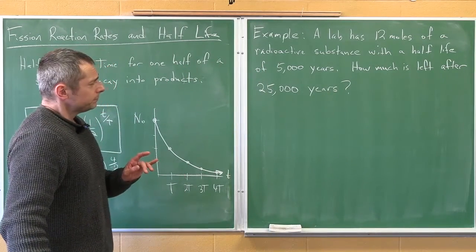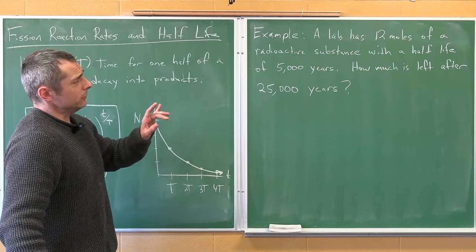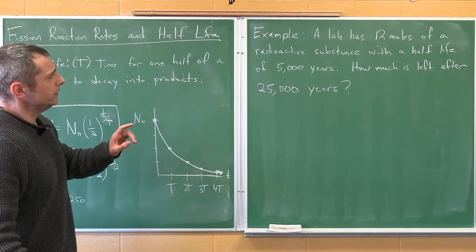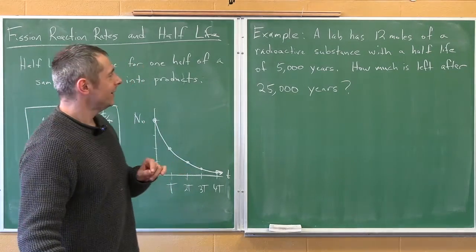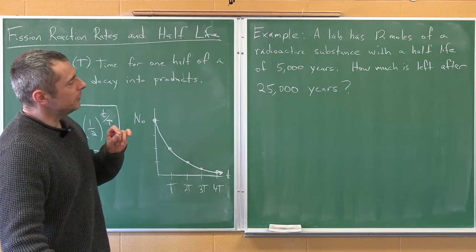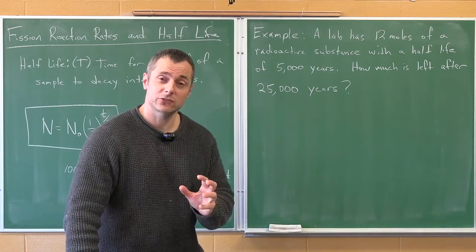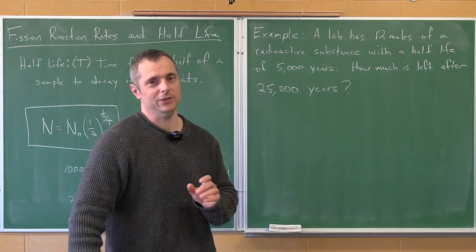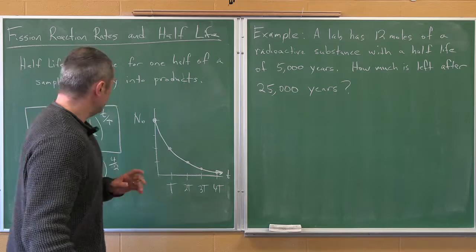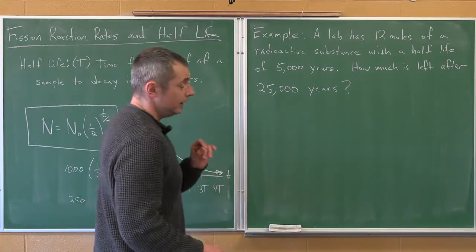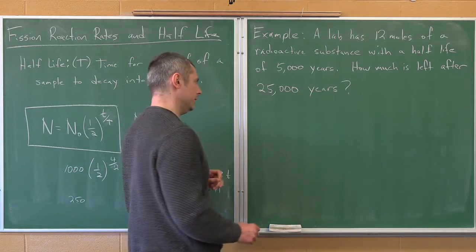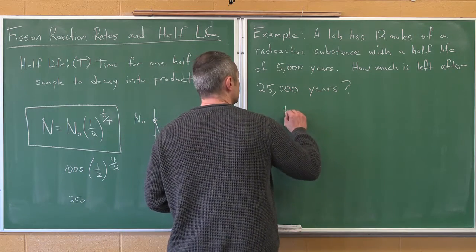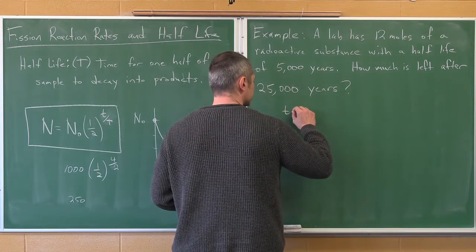Okay, so we've got a lab that gets 12 moles of a radioactive substance with a half-life of 5,000 years. How much is going to be left if you left that sitting there for 25,000 years? So you could use this formula, as I said, but it's enough to just make a table solving half-life problems in the Regents. So what you could do is make a time column,